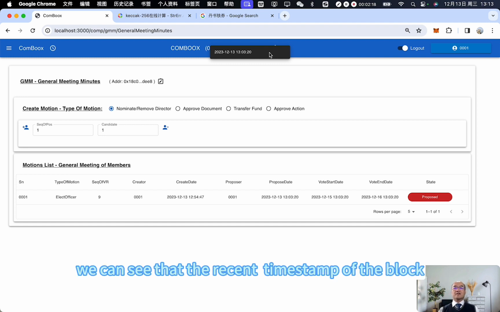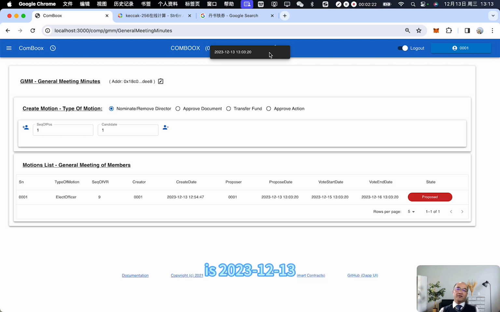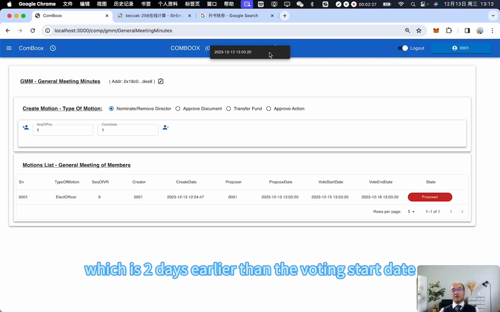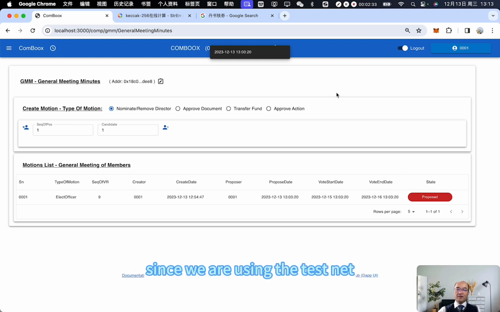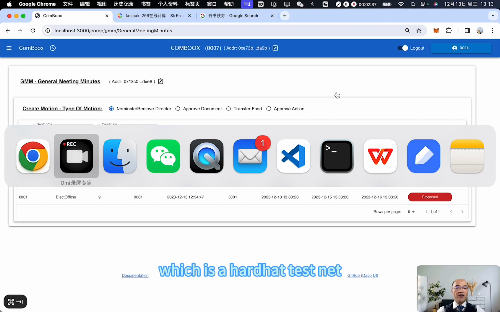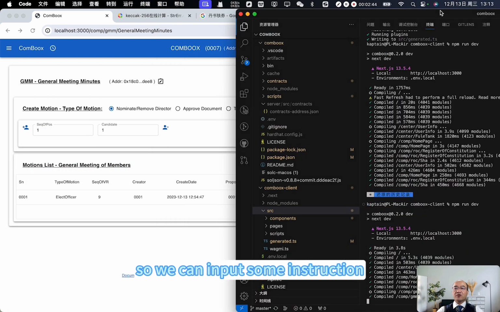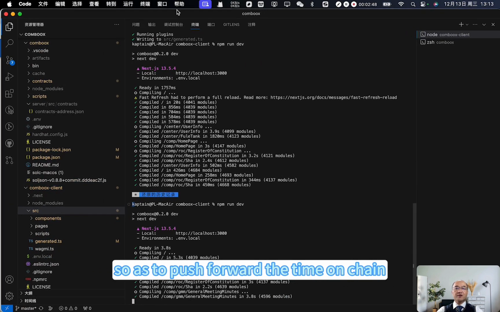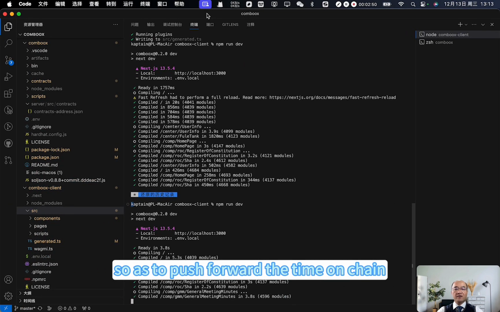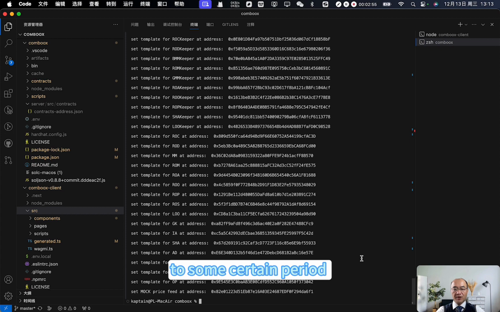We can see that the recent timestamp of the block is 2023 December 18th, which is 2 days earlier than the voting start date. Well, since we are using the testnet, which is a Hardhat testnet, we can input some instructions so as to push forward the time on chain